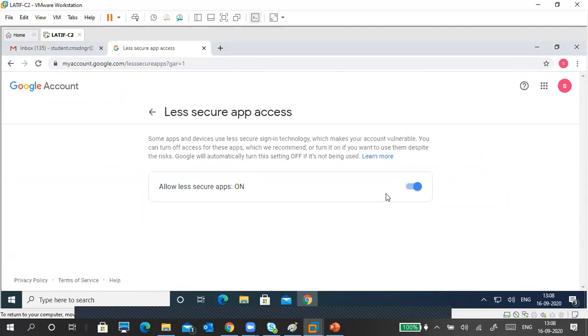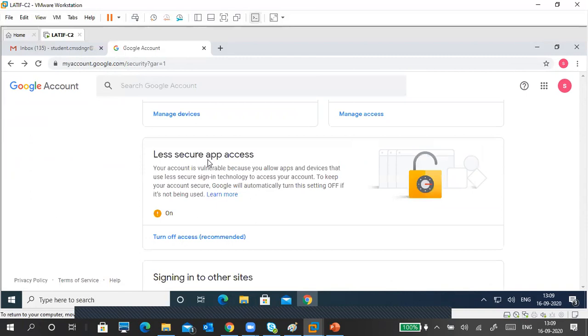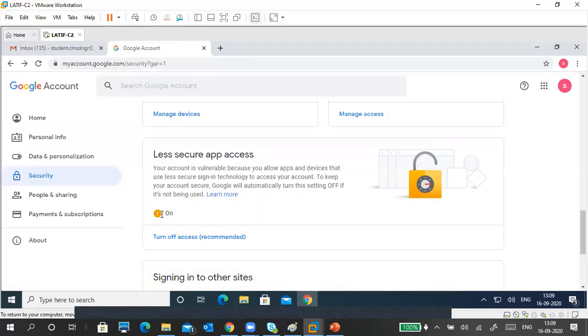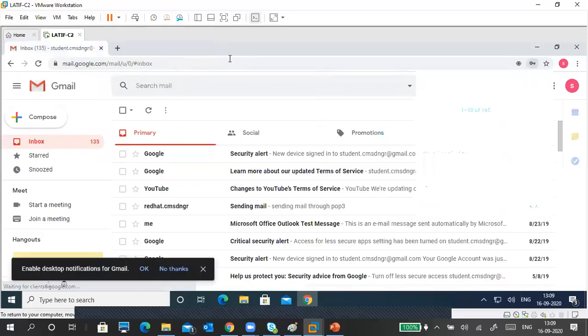You will get a problem. So make sure it is in the on condition. Yellow, less secure apps on. So that is important. Okay, it is on, but it is showing some mark, but it is on. Less secure apps on. So that is the first step.